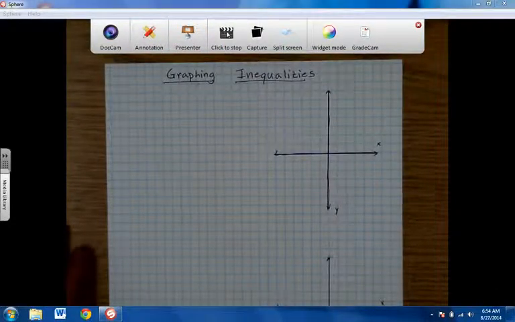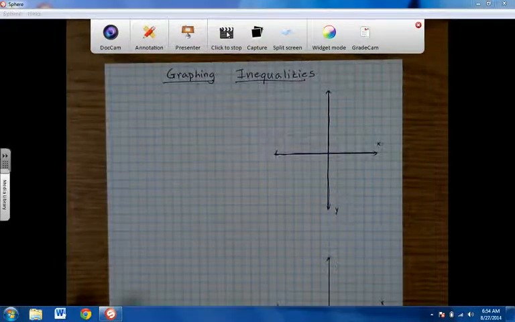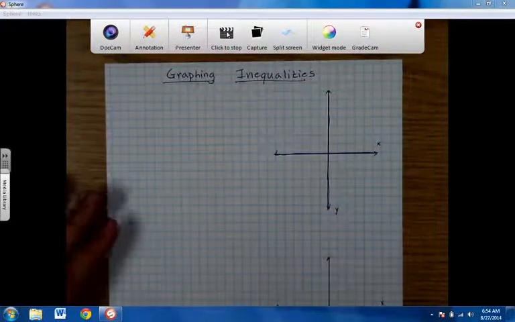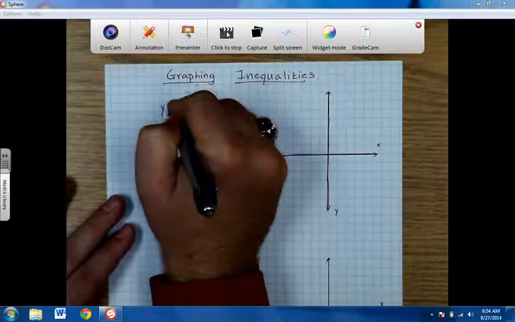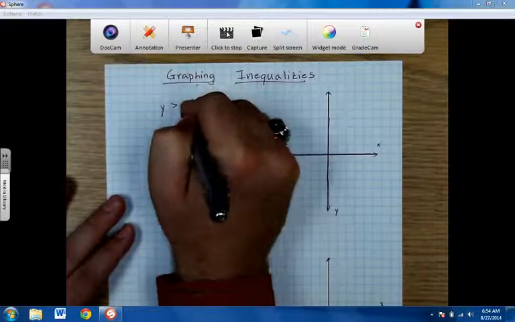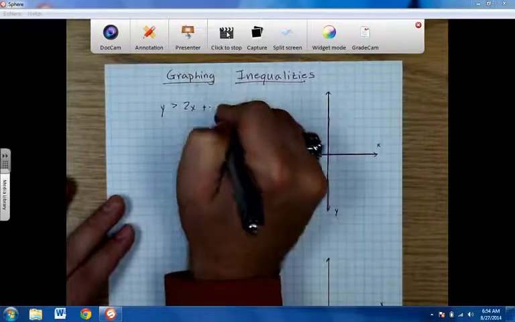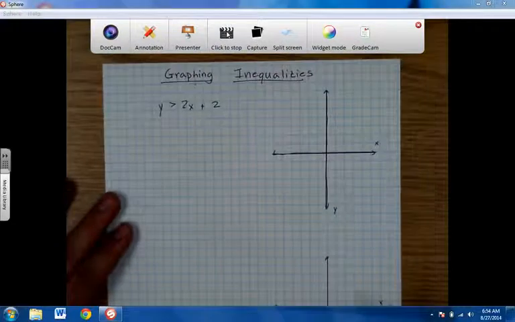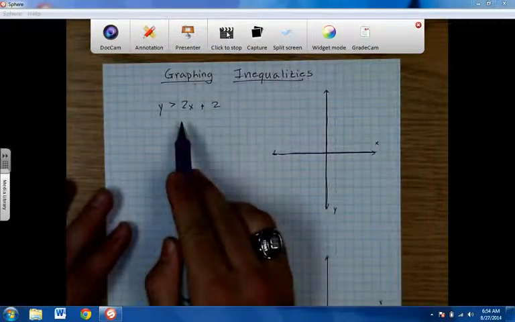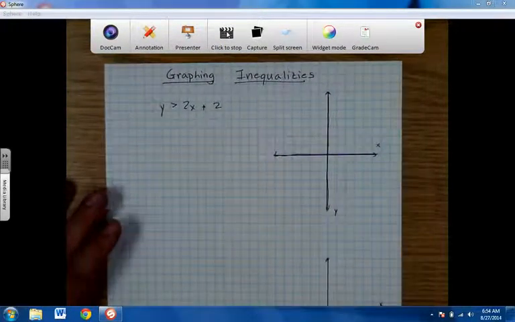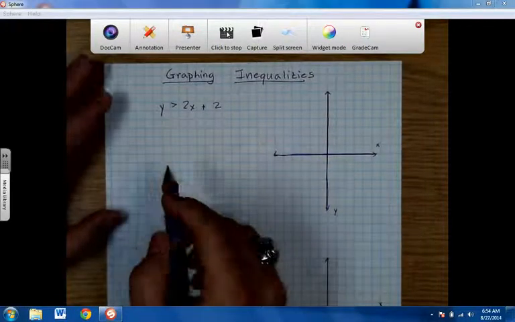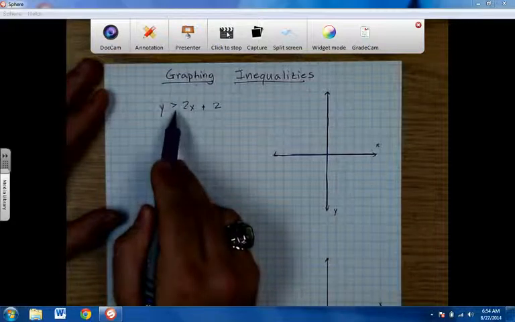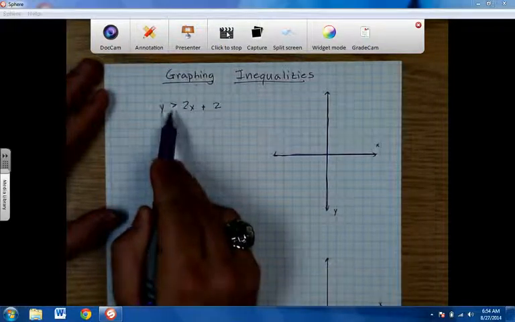In this video, we're going to quickly review how to graph inequalities. When we're given a linear inequality, for example, y is greater than 2x plus 2, we're going to graph our line like a normal linear equation, and then we're going to discuss a few differences. It's important to remember when you have a greater than or less than sign,